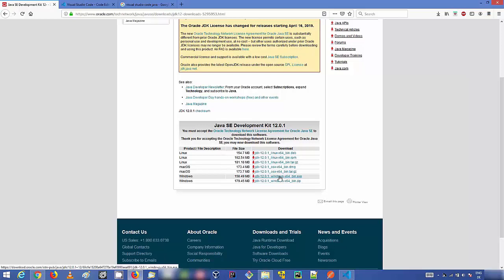And the steps are really simple. So once again, you just need to click on this executable file and then just follow the procedure and click on some next buttons, and you will be good to go. The most important thing is to set the Java home environment variable.